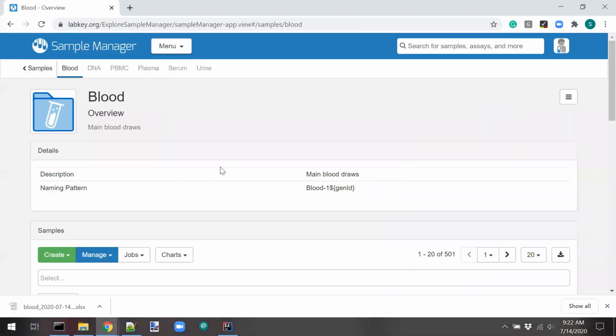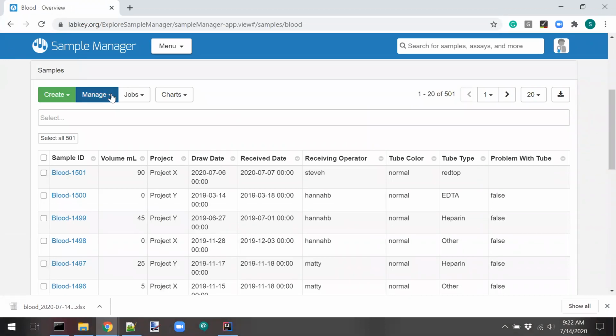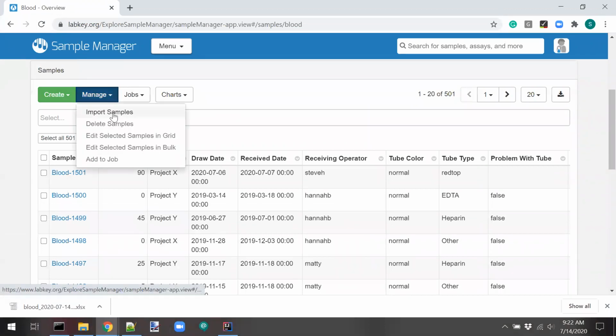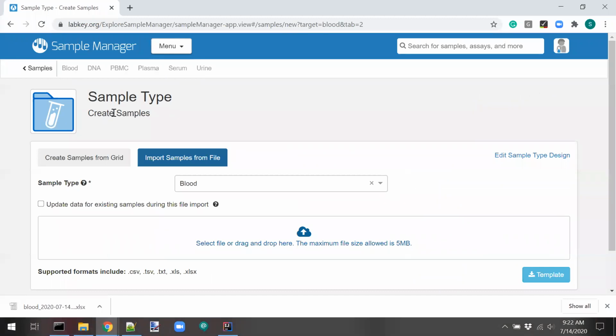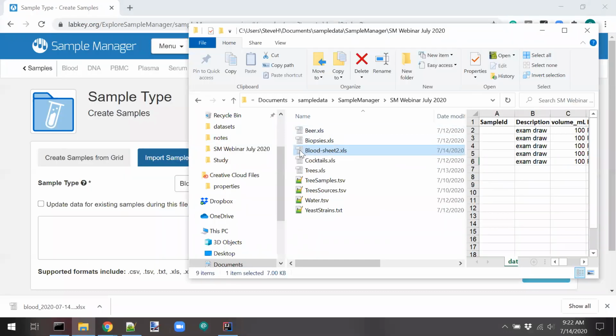Thank you. Great. Well, let's actually do something. So what is it like to bring a new blood sample in and start working with it, start building a story around it? Well, there are a number of ways to actually import data into the system. I'm going to import new samples here. And the first way I'm going to do it is from a file. So I have a pre-existing file I want to work with here. It's just an Excel file,